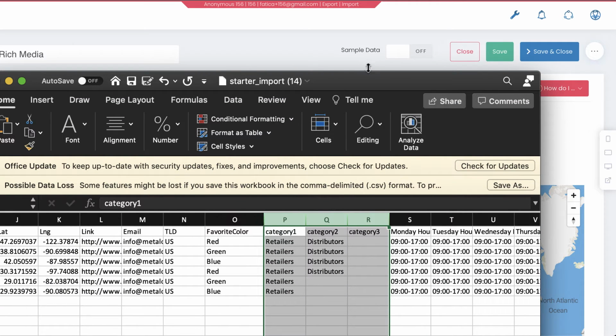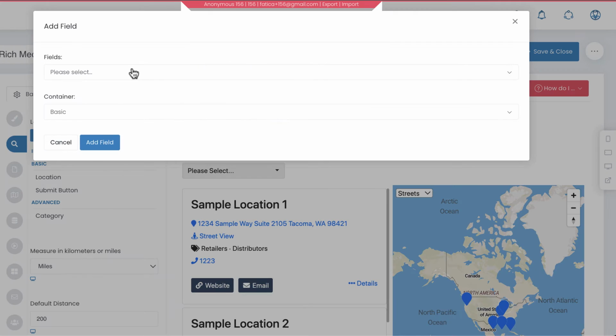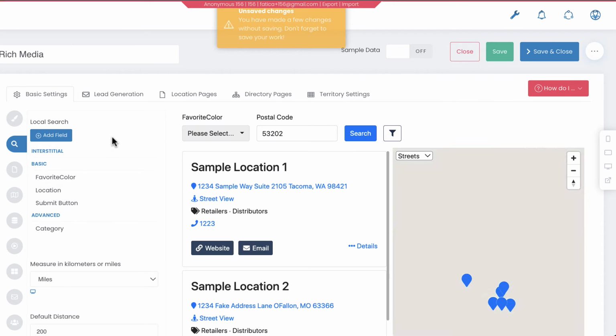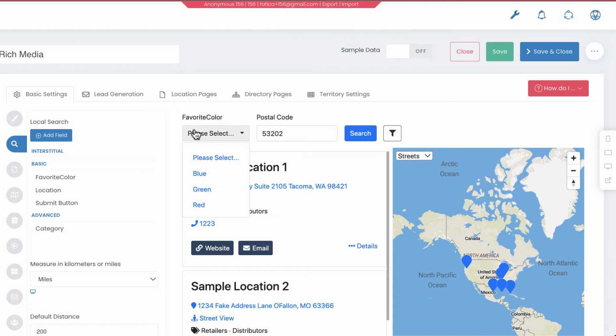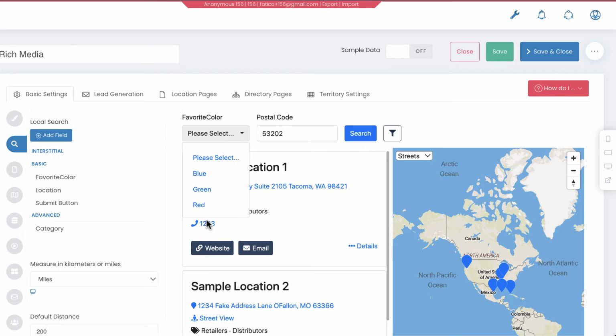searching with custom fields. So I introduced this custom field called favorite color. I'm going to go ahead and add that to my search form by clicking add field and then choosing favorite color. If I click add field there, the first thing it'll do is it will generate a drop-down of the unique values of the data. And so notice we have blue, red, green, blue, and that's only shown once, of course,